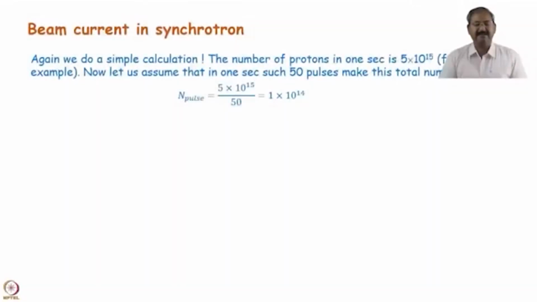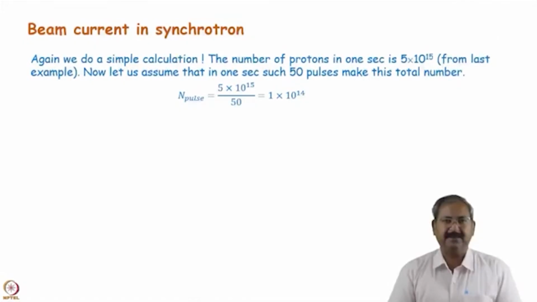Now, beam current in a synchrotron. This will be different from what we have calculated, because we calculated how many particles, or how much charge, crosses one point in 1 second if particles are going in a straight path. We calculated that this is the current, and using that current we can calculate the required number of protons, etc. But in a circular ring or synchrotron, the thing is different,